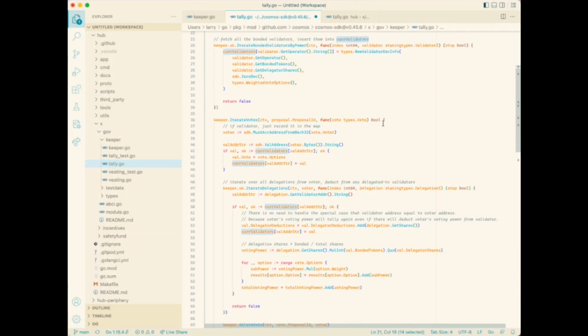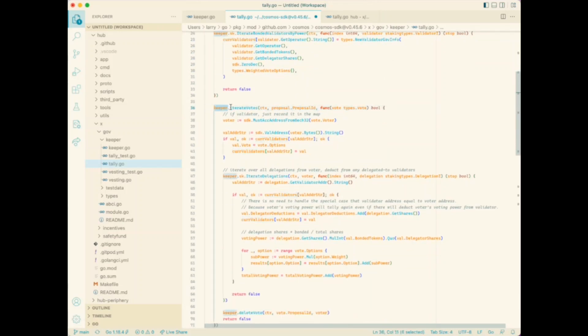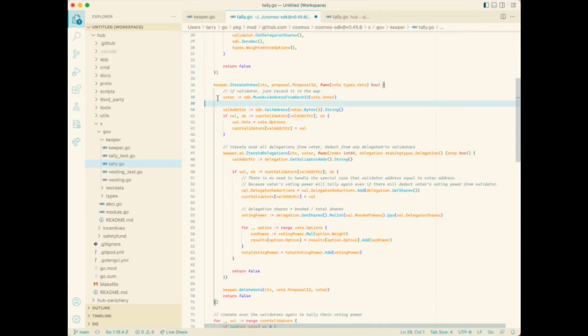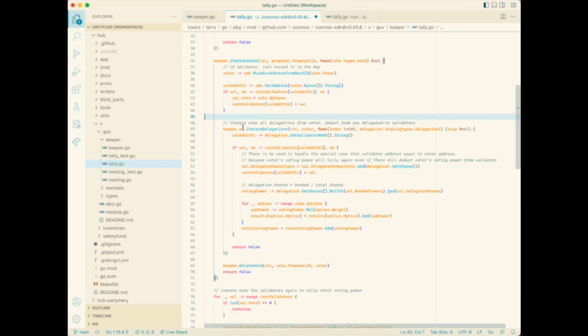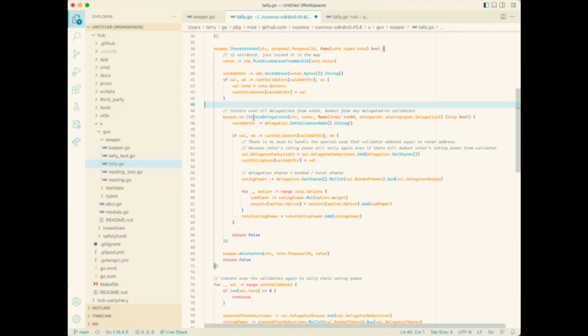So with that done, the governance keeper used the same approach to enumerate all votes, right? So for each vote, we grab the address of the voter and we grab all the delegations that this voter has made to validators. We iterate all those delegations and we do something like this. All right, so for each,